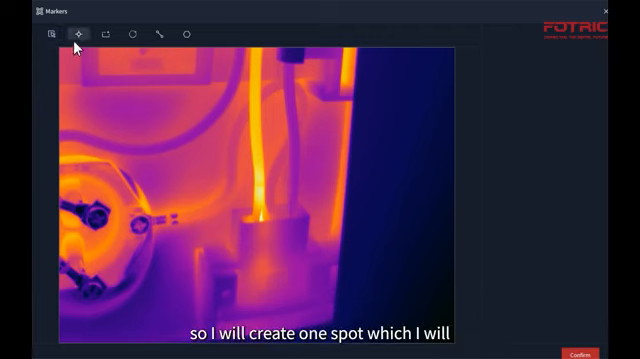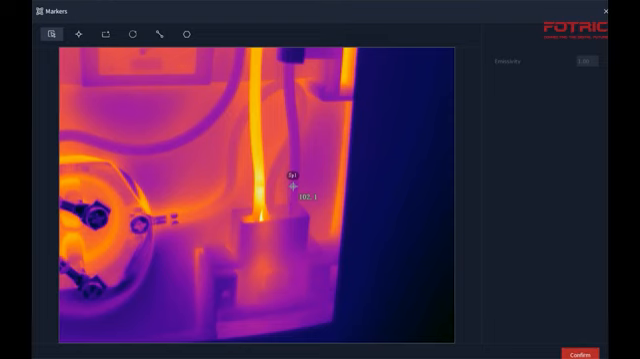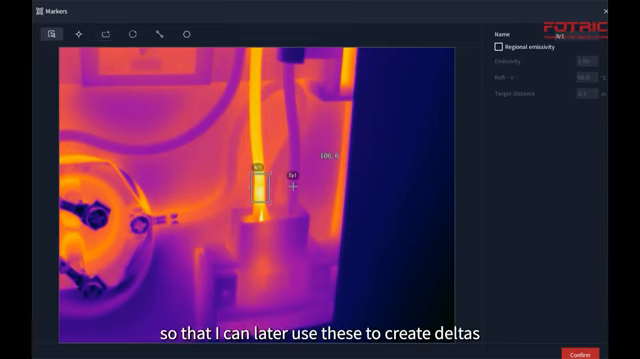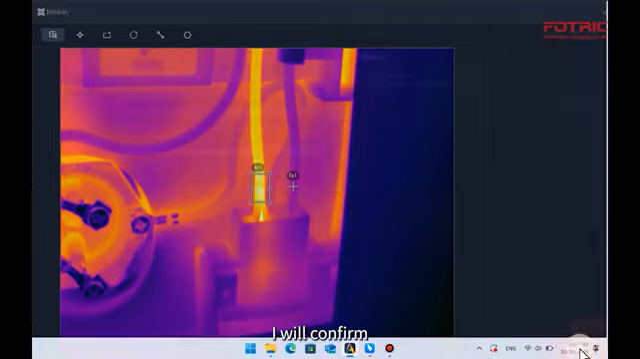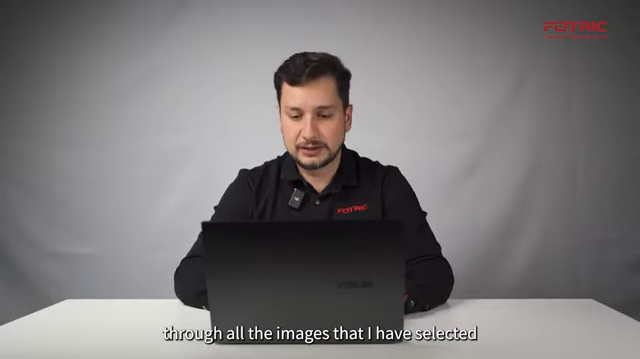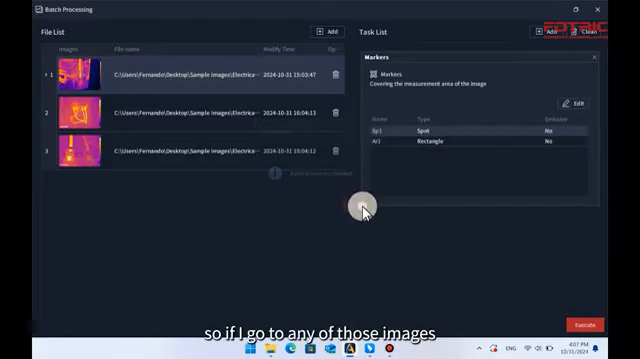So I will create one spot, which I will put right here in one of the conductors, and then I will create an area for the second one so that I can later use these to create deltas. I will confirm and execute. The software will run that through all the images that I have selected. So if I go to any of those images